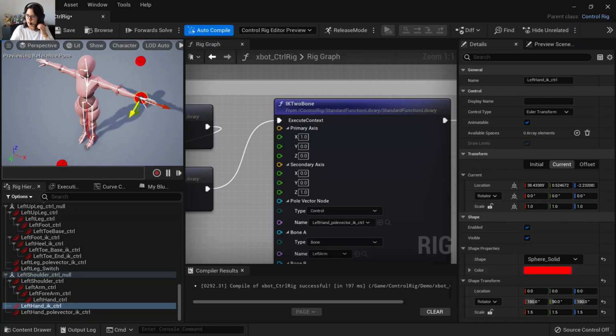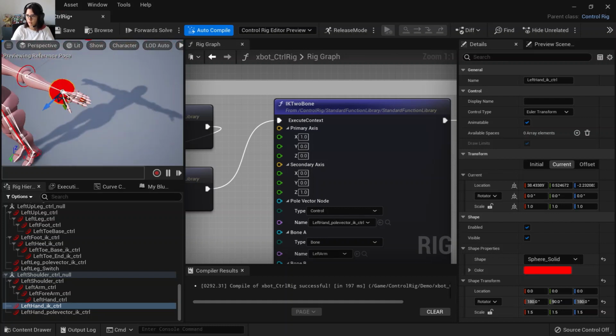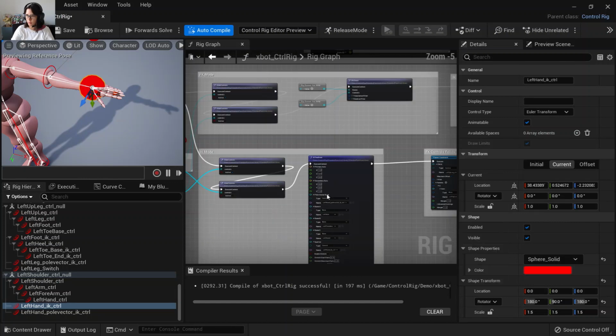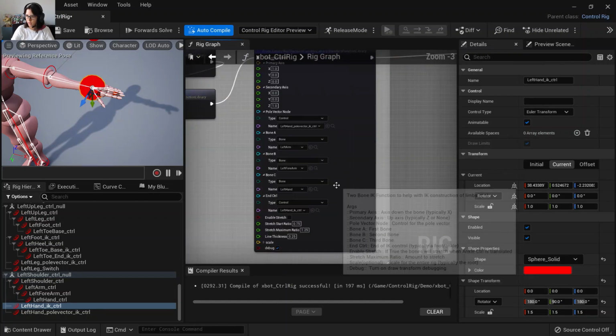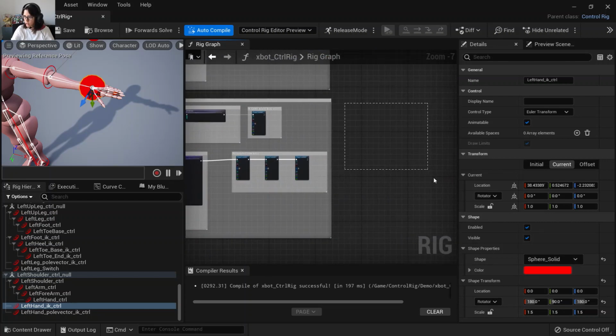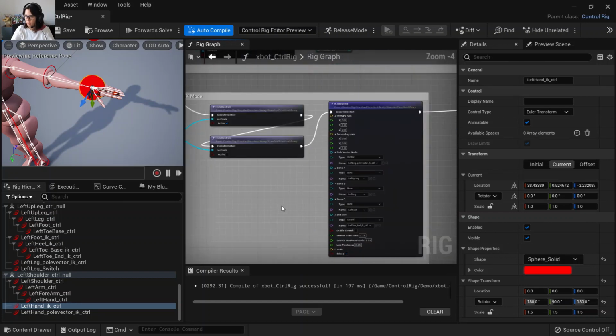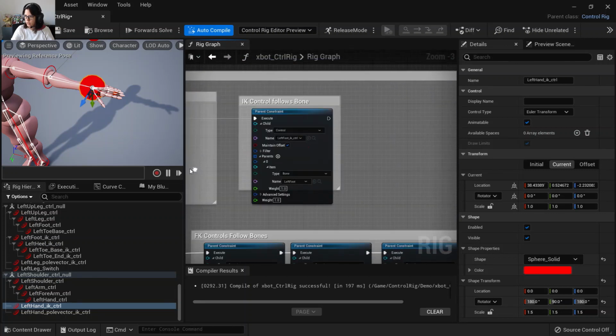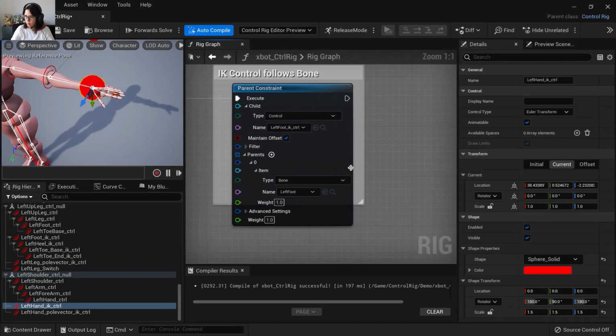One thing I've done is that I created an FK chain for all the fingers. I'm not going to demonstrate it here, but basically, after you've done these sessions, I just created here an FK chain for the fingers as well. So same thing, IK control follows the bone. So here the left hand IK will be the child of the hand,